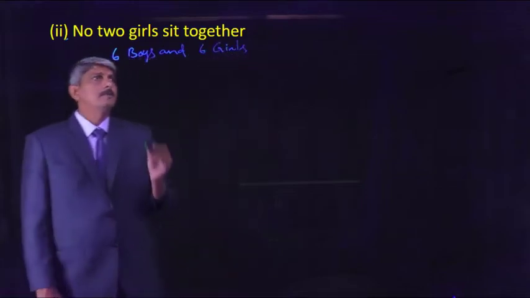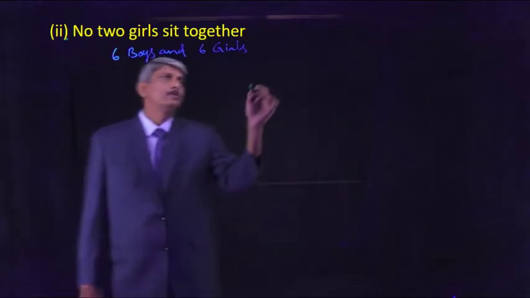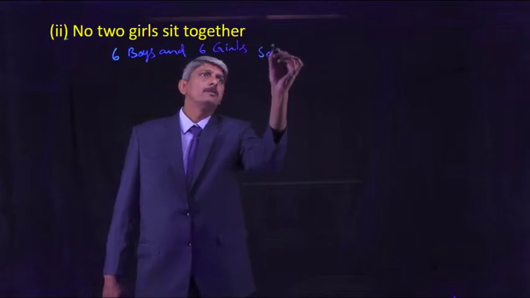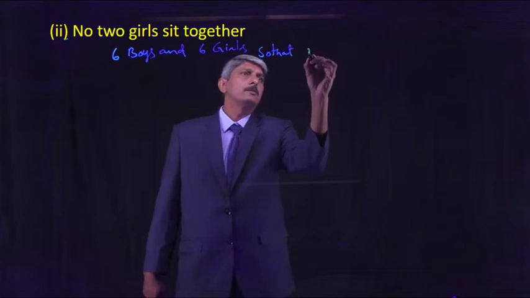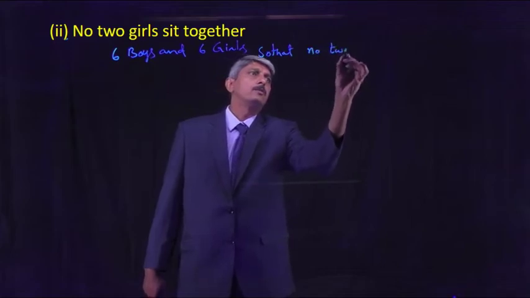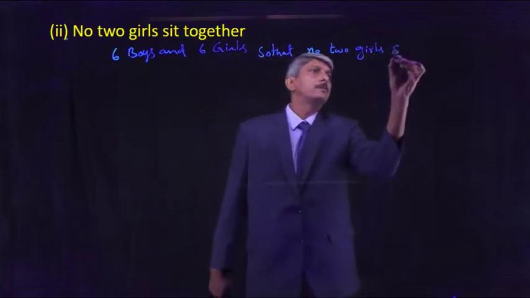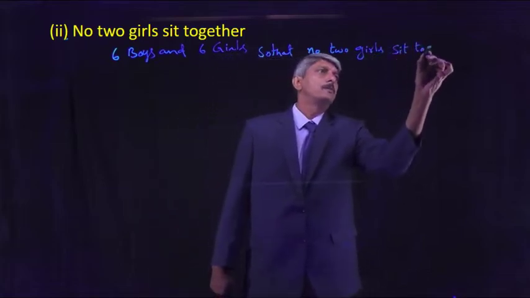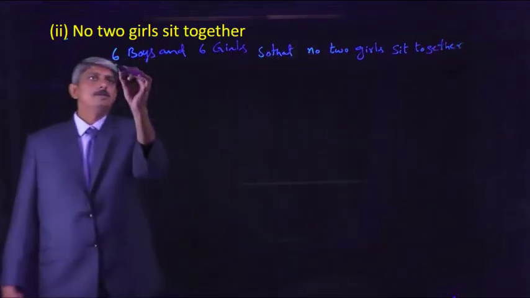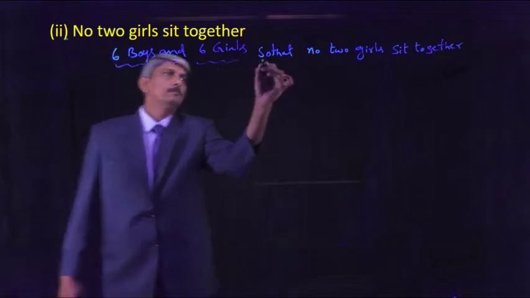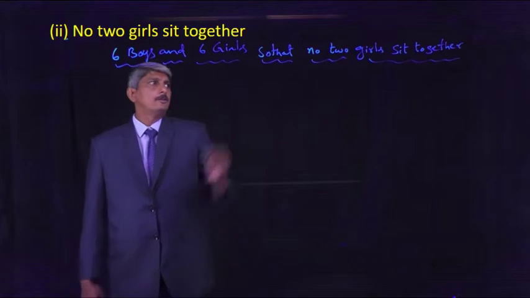The number of ways of arranging 6 boys and 6 girls so that no 2 girls sit together. Okay. While solving the problem,